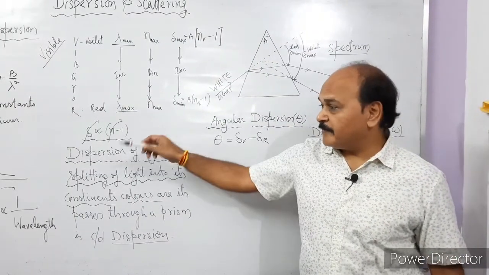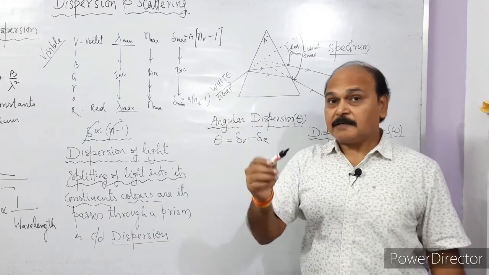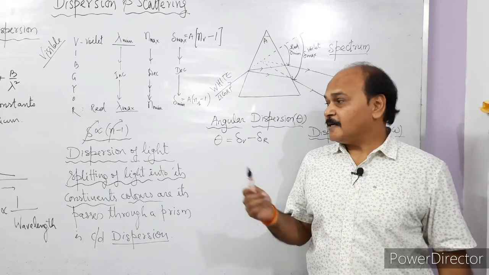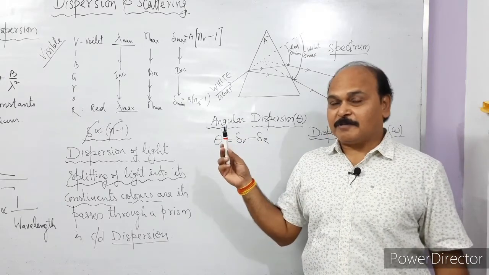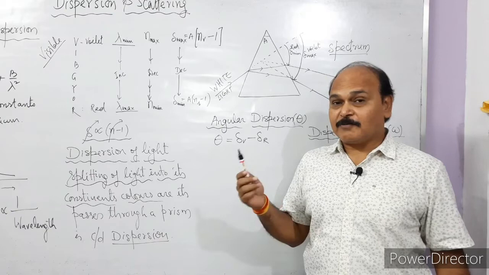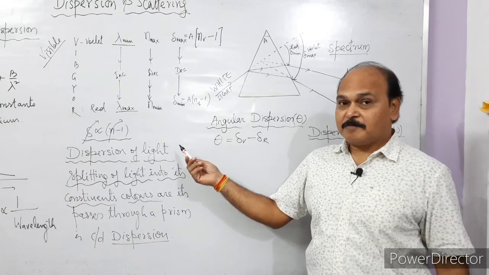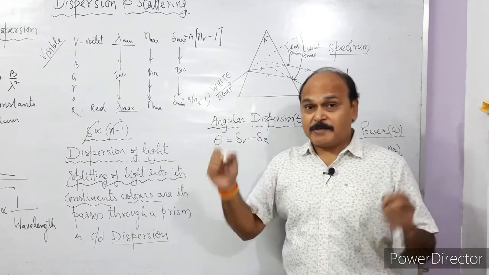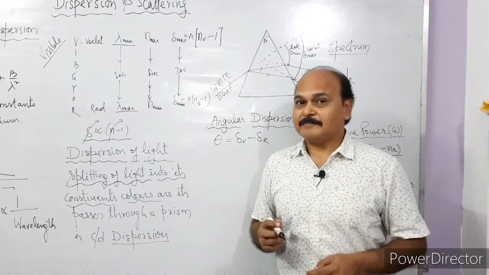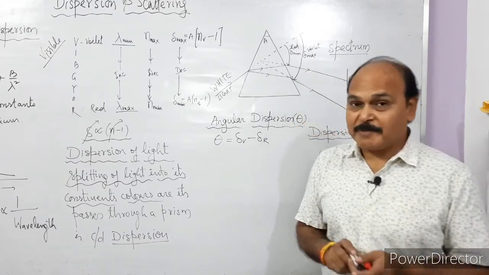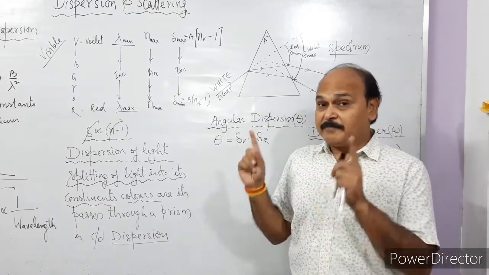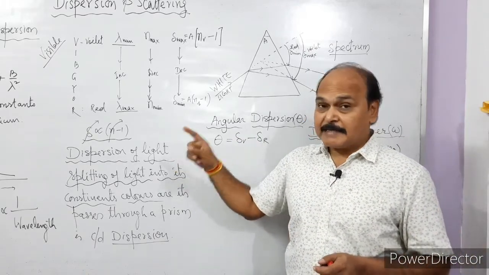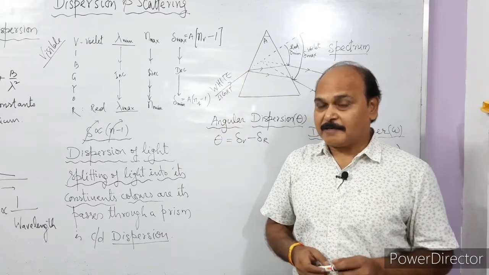Here children, so far we have seen that there are two actions performed by the prism. One is deviation. A ray of light passing through the prism always deviates. And the other one is what? Dispersion. But with dispersion there is a condition. And the condition is what? The incident light has to be a mixture of more than a color. If it is monochromatic light falling over a prism, then it will only be deviated, it would not be dispersed. So for dispersion to take place, the incident light has to be polychromatic.